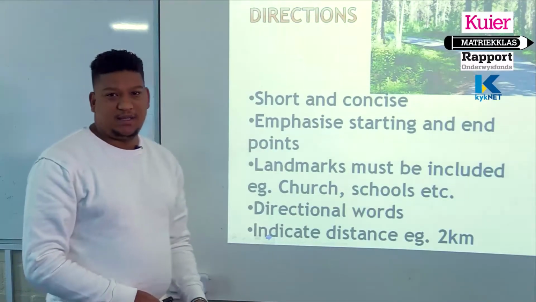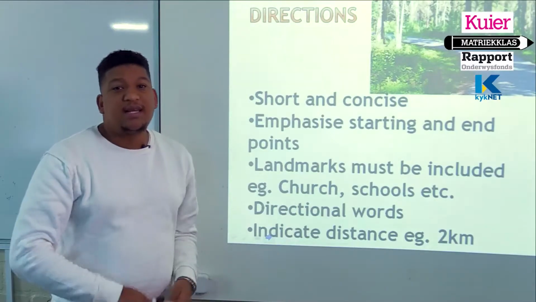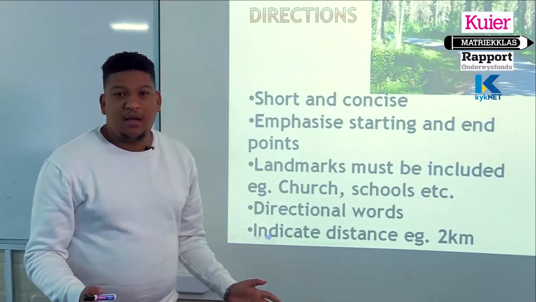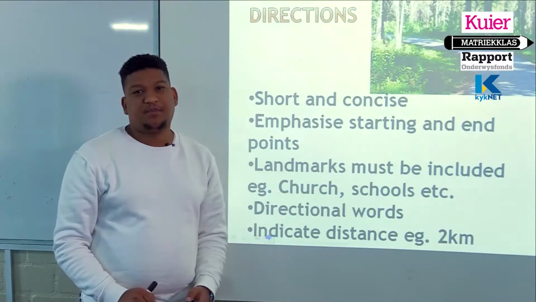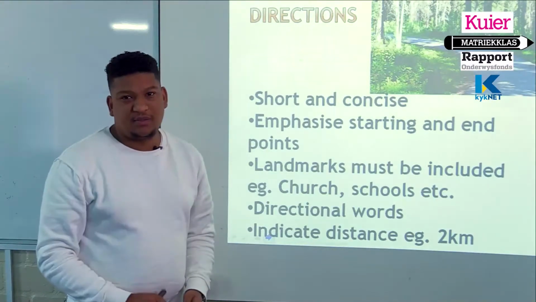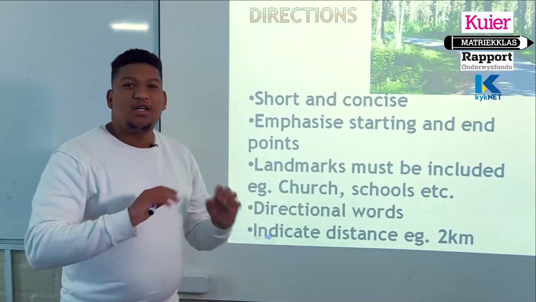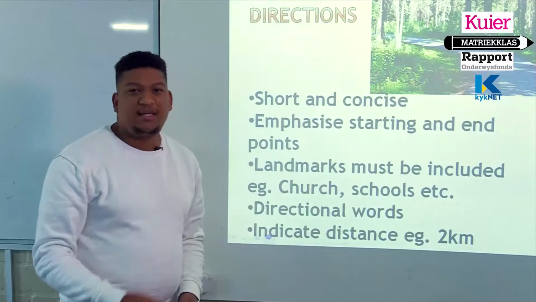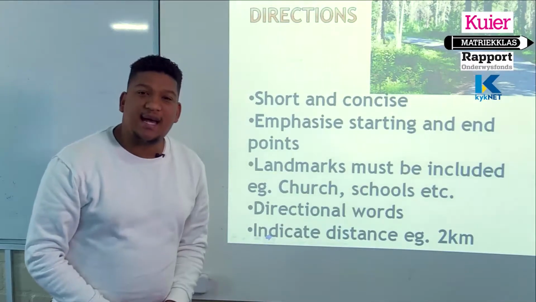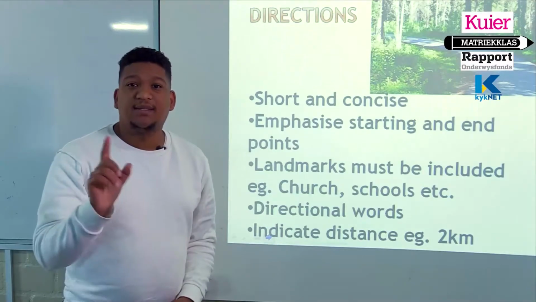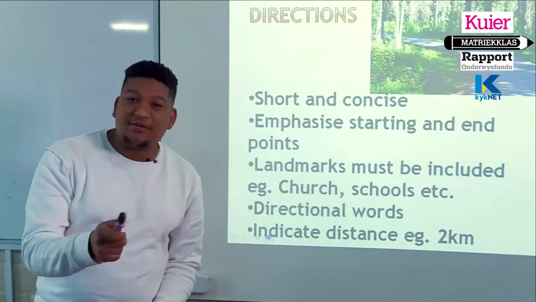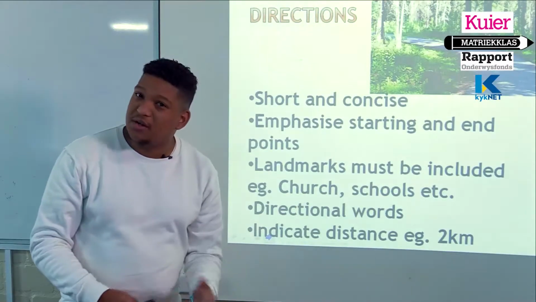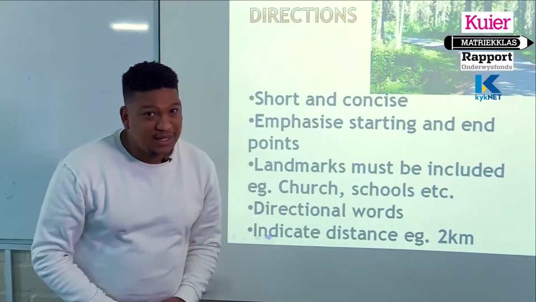If there's a KFC on the left-hand side, then I need to tell my friend, on the left-hand side, you will find a KFC. But now here the problem comes in, grade 12. If I, for example, stay in a location, and there are 12 containers on this main road, and my friend needs to take the main road, automatically I cannot say, by the blue container, turn left. Because on the left-hand side of the road, there could be 3 blue containers. So it would mean my friend would take the wrong turn. And we wouldn't want to take the wrong turn.